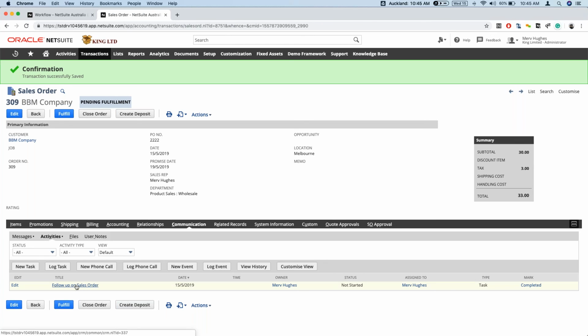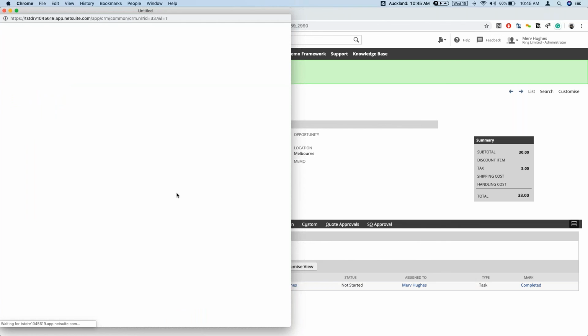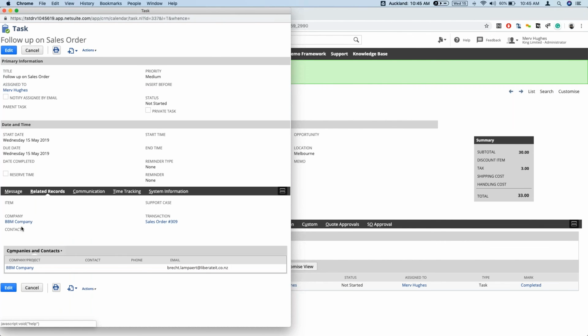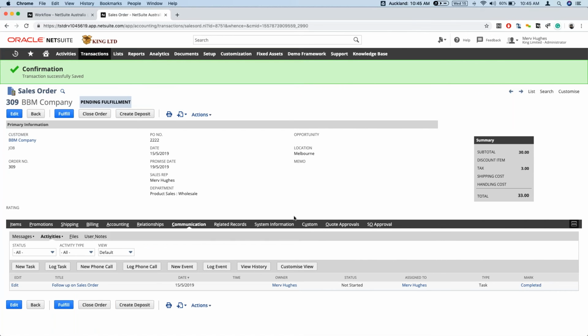And when I click on that task, what we'll be able to see is that under related records, it correctly linked it to the company and to the transaction. So that sales rep knows which sales order he actually needs to follow up on. So if you want to see that in the flow and how that worked,